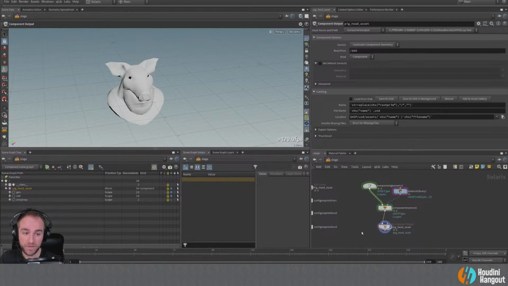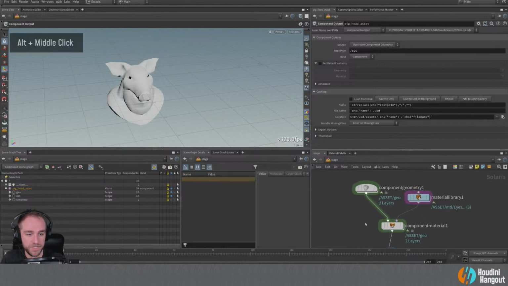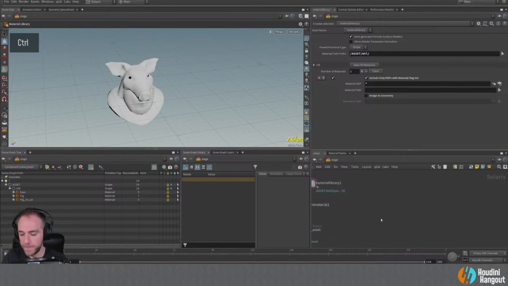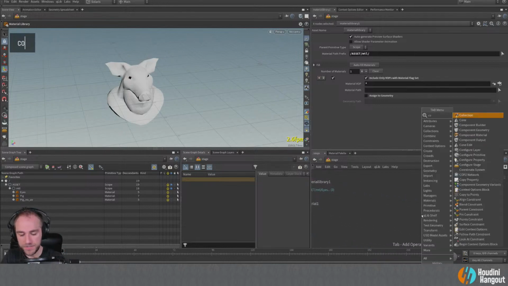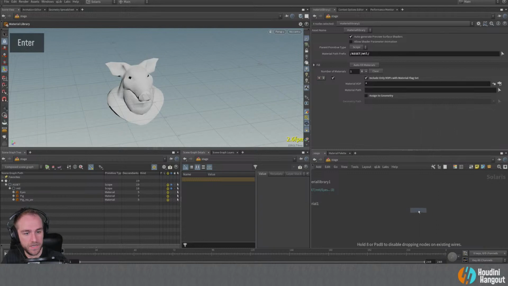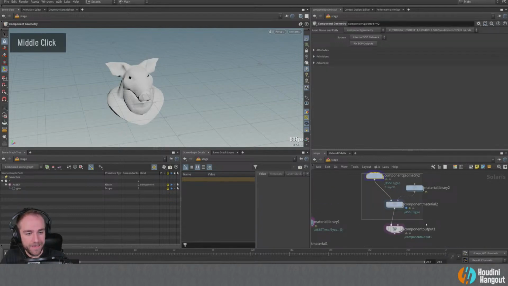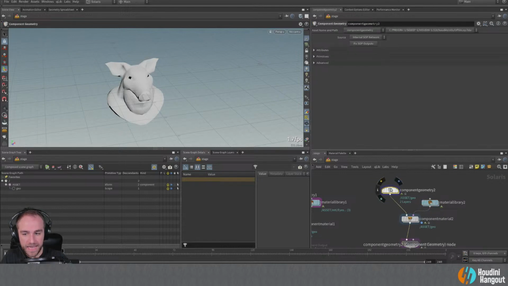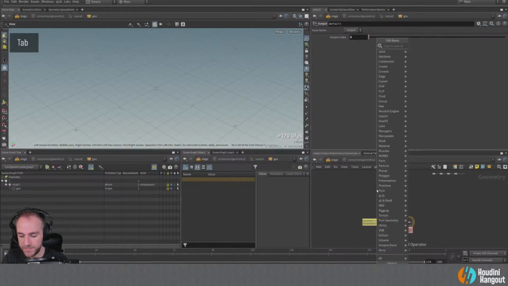So all right, this is all well and good, but there's some really cool stuff that we can do with this component geometry concept, with the idea of then variants within this. So instead of using this standard kind of component geometry setup here, I'm actually just going to, well, I'll leave it for right now. That's fine. So let's do component builder. And I have an HDA that I made for a little presentation thing. So I'm going to use that. And we're going to go inside this component geometry here.